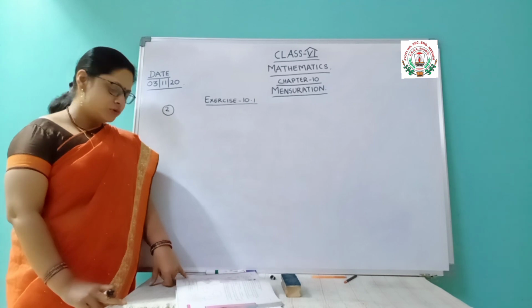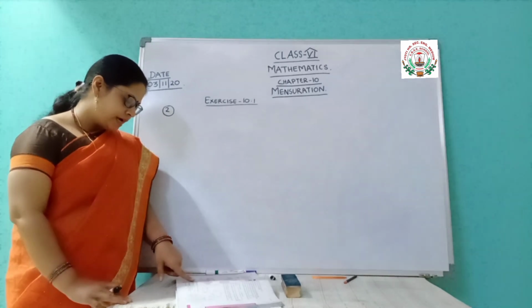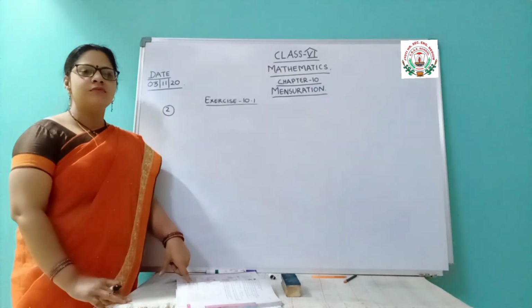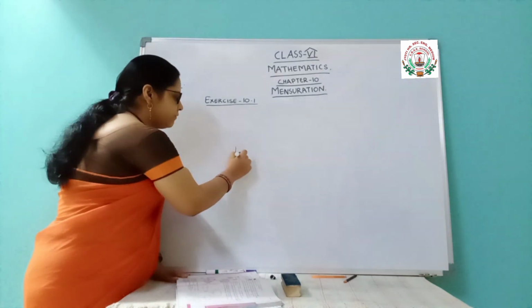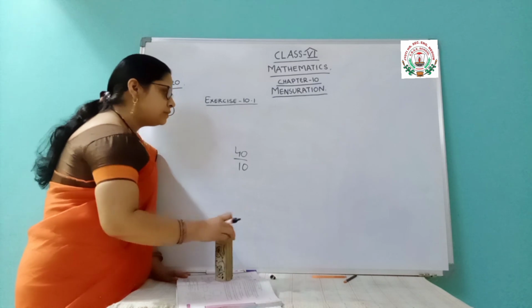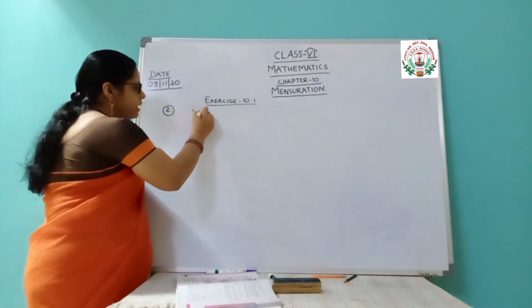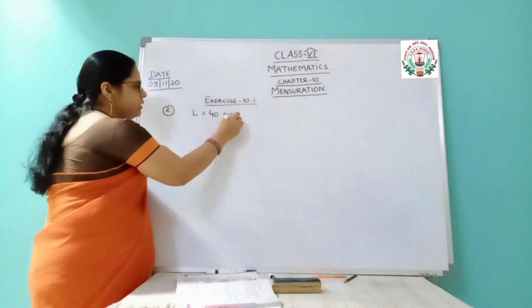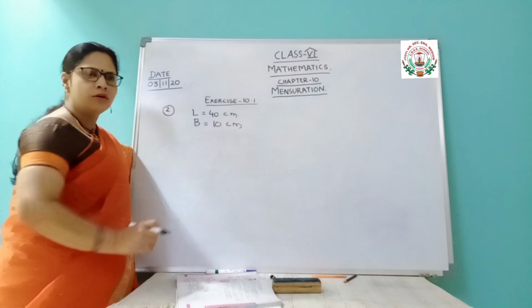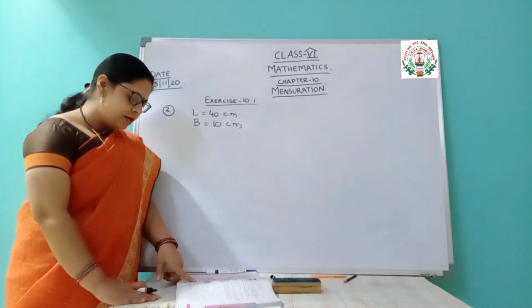Coming to the next question, that is the lid of a rectangular box of sides 40 cm by 10 cm. Here you are seeing the word by. That does not mean 40 divided by 10. That is not the meaning. 40 by 10 means 40 is the length and 10 is the breadth. Length is 40 cm and breadth is 10 cm. So this is the length and breadth of the rectangular box it is given, and it is sealed all around with